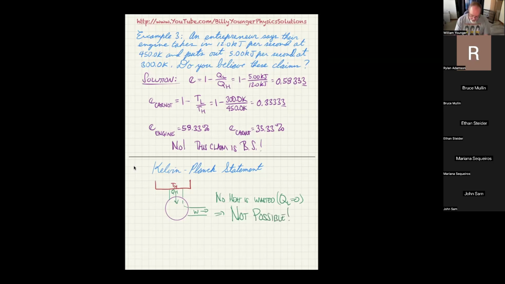So if you see a heat engine diagram like that, where they don't have an extra little bit of piping that goes down for heat to leave the heat engine and go into a cold reservoir, then you know it's not possible, because you can't turn 100% of the heat into work, period. No way, no ifs, no buts. Yeah, I just ran off on a crazy tirade of mixed metaphors.